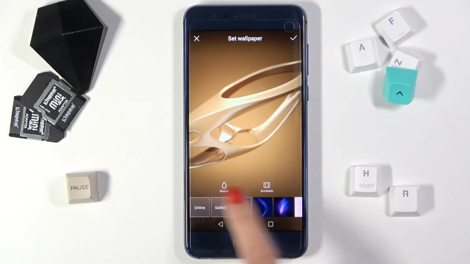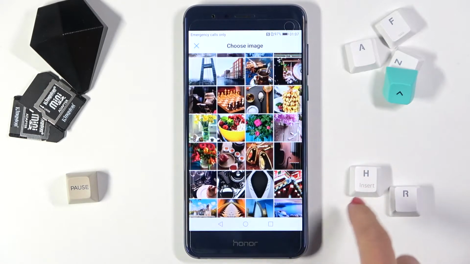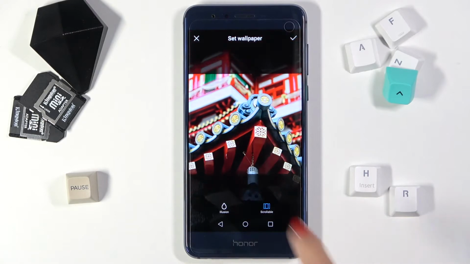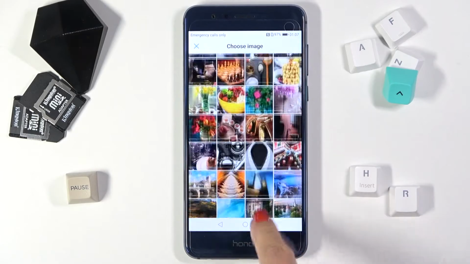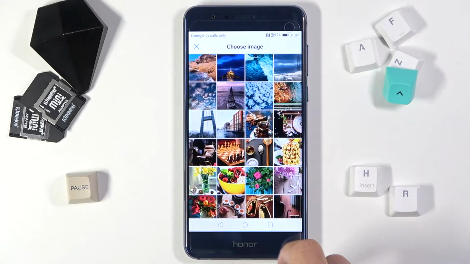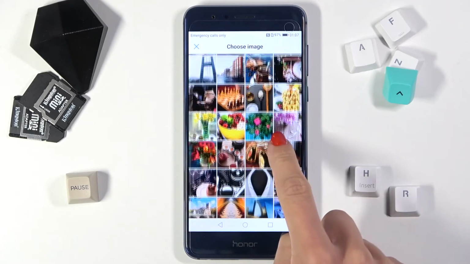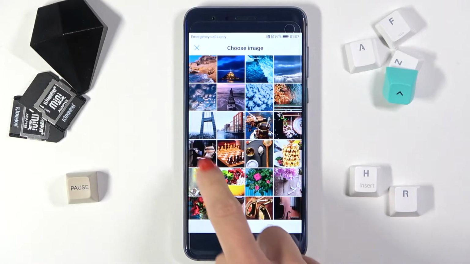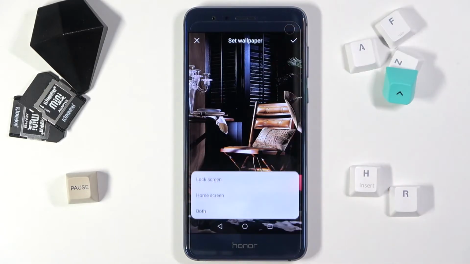If you have something in your gallery, you can choose it, and you can also pick a scroll picture if you want to. It's up to you. So let me pick, for example, maybe not this one. Maybe that one. And then tap on confirmation icon, and now you can either put it on your lock screen,